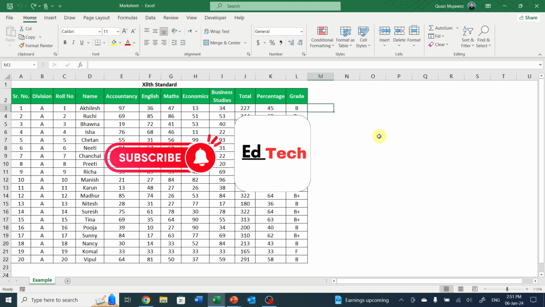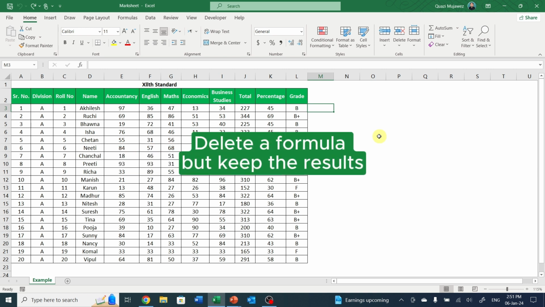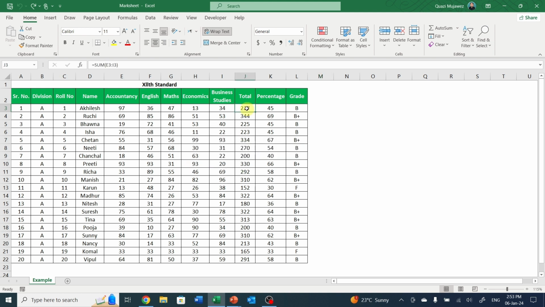Welcome to EdTech. Today we are going to learn how to remove the formulas and keep only the values. If I click any cell, it will show the formula, and percentage and grade have formulas. If you want only the values, if you don't want these formulas, first click on the cell A1,